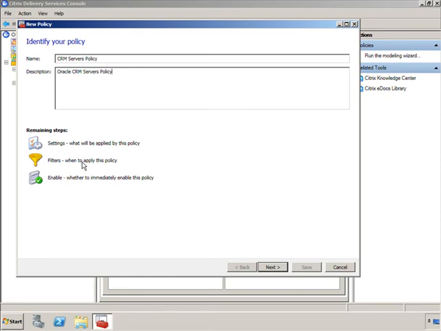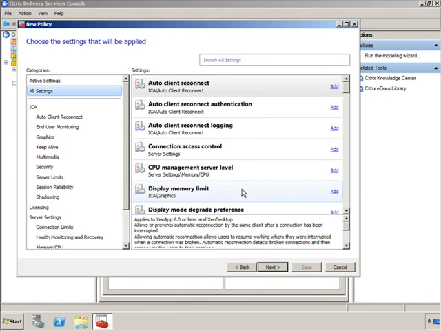If anyone said work groups, then you're absolutely correct. The only thing you can apply a computer policy against is work groups, because that's the only computer objects that you have within your Citrix infrastructure per se. And then the final step is you can always create policies but not enable them. But obviously, if you're creating a policy and you want to enable it, then the last step would be to enable that particular policy. If I click on next here, for those of you that are familiar with Active Directory